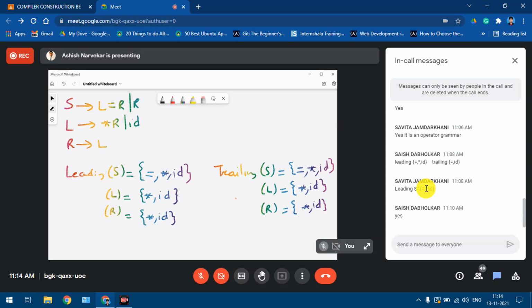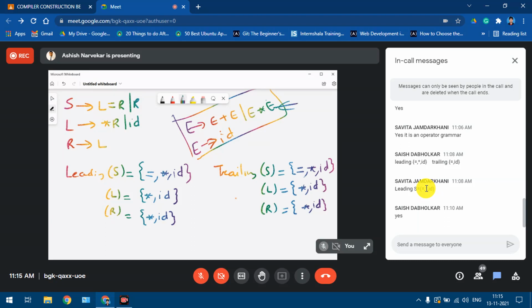That's the reason, if you have noticed, our E derives E plus E or E star E, which is an ambiguous grammar. An ambiguous grammar is a grammar which can generate more than one parse tree for a given string. So we can use the operator precedence parser on such grammars also. That is the plus point of it.